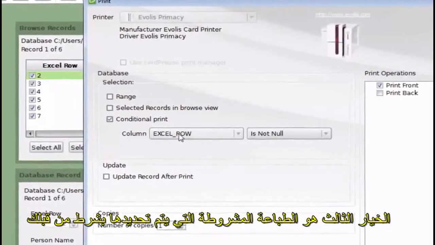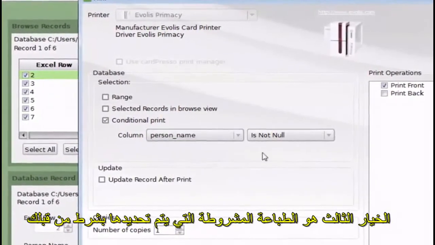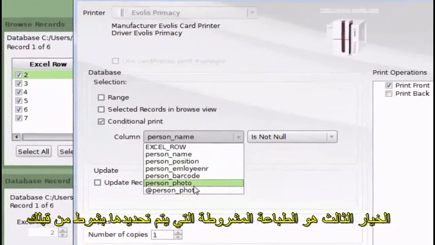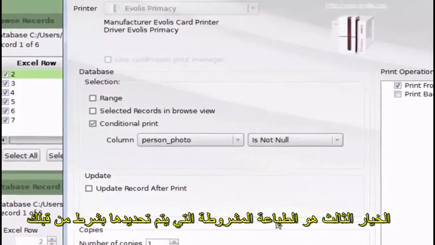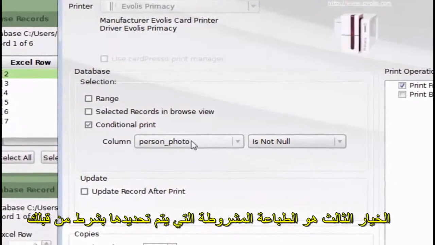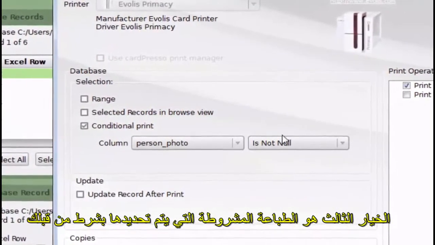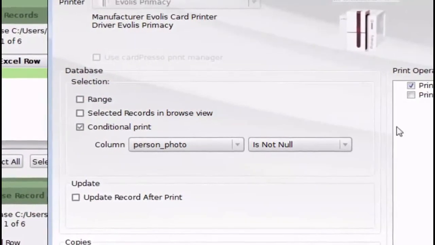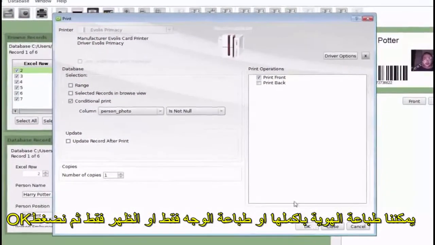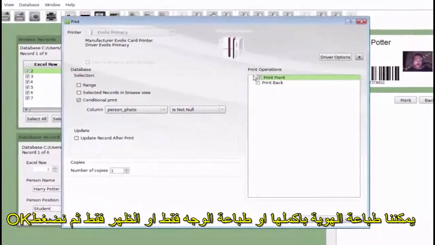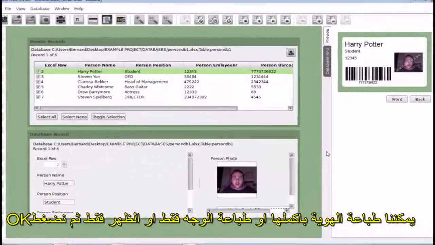Or I can do a conditional print where I say, let's say the person's photo is not null. So saying that if they have a photo connected, print them. If not, then don't print them. And that's about it. If I click OK, it'll print the cards, and that's Cardpresso for you. Quite simple, but